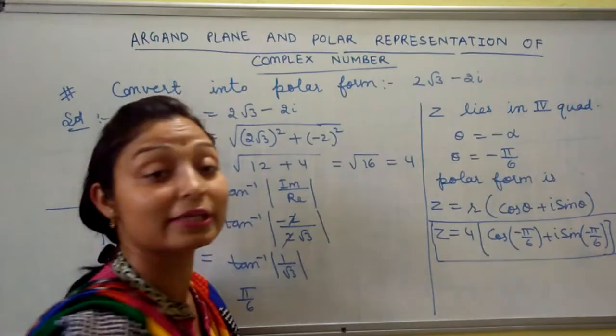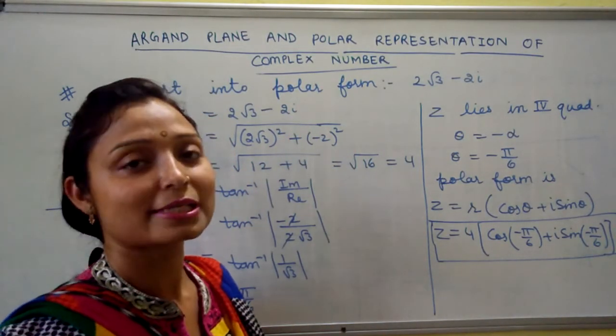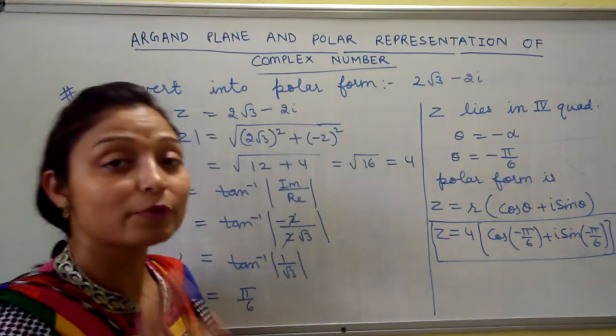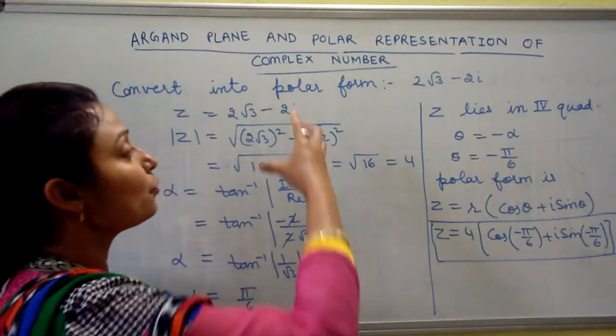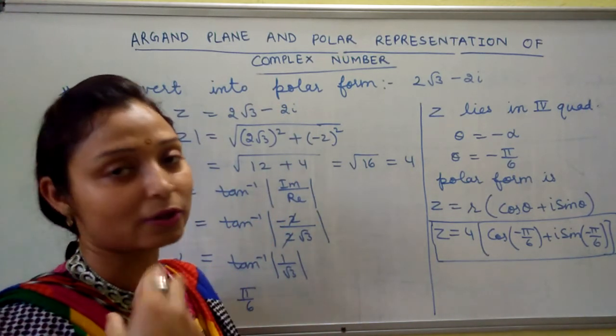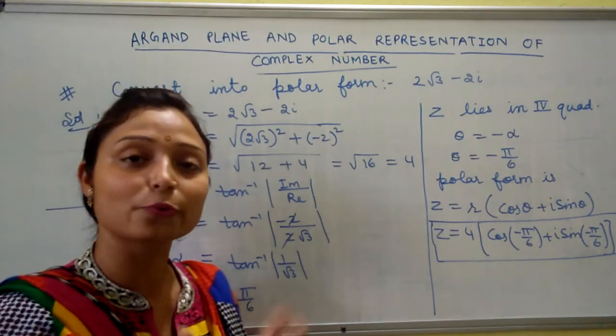These questions are very easy. If a fraction is given, you have to rationalize and follow the same concept of finding the polar form. If the modulus and argument are given to you, you have to find the argument first, then the modulus and argument, same as this. Okay, so do many more questions like this.